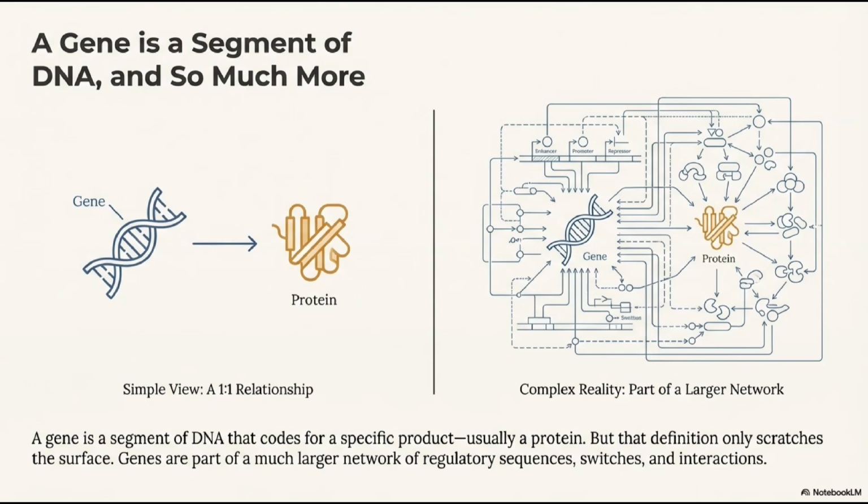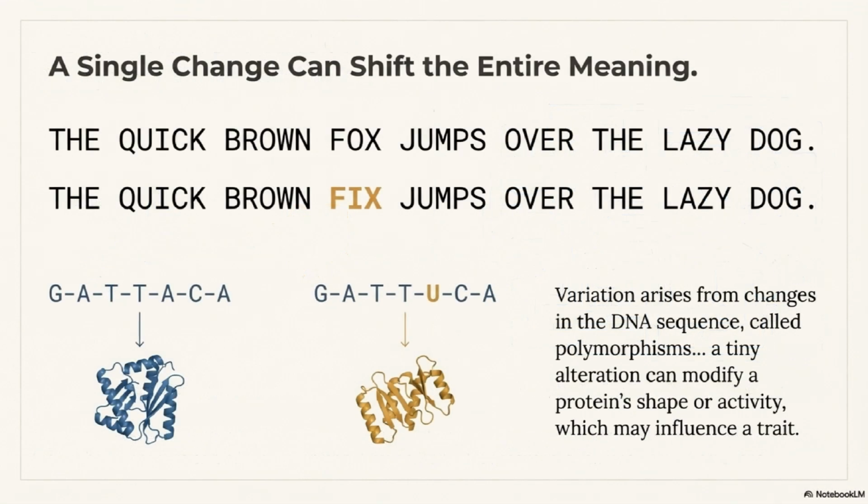When we talk about genetic variation, we're talking about differences in these segments of DNA that can lead to differences in how proteins are made or how they function. Let's look at where this variation comes from. At the simplest level, variation arises from changes in the DNA sequence. These changes, called polymorphisms, can be as small as a single base substitution or as large as the insertion or deletion of